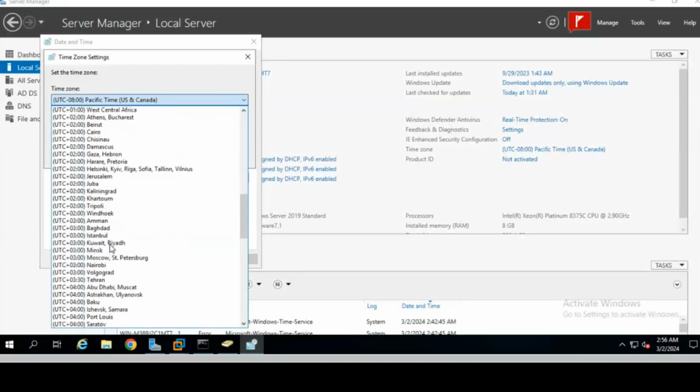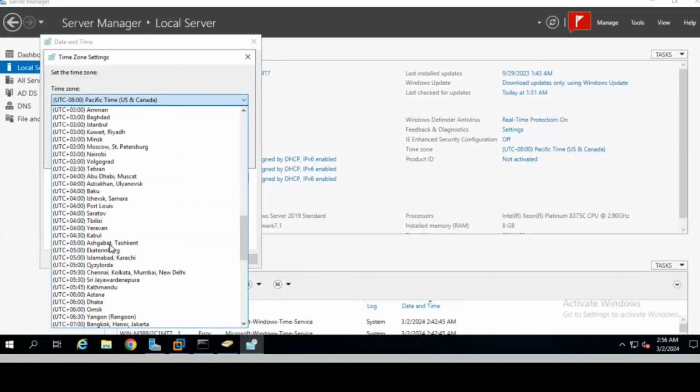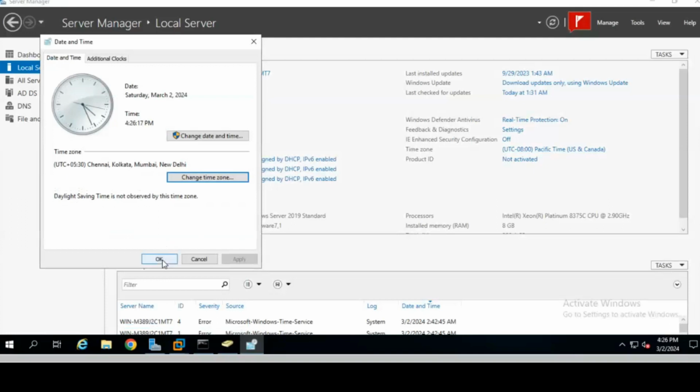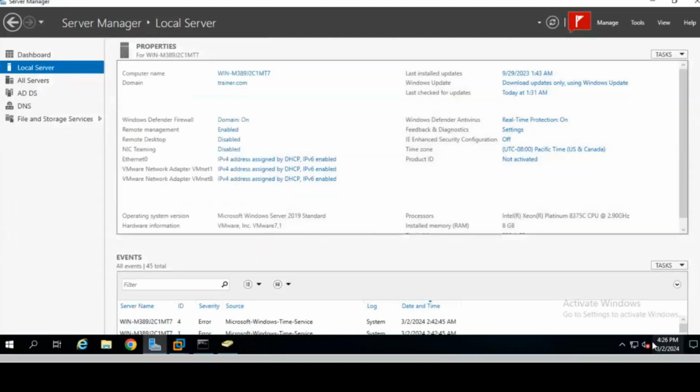For India it is plus 5:30, and this machine is also in Bangalore, India. So select the time zone plus 5:30 Chennai, Kolkata, Mumbai, New Delhi, and click OK. It will automatically configure the time as 4:26. Right, now it's OK.